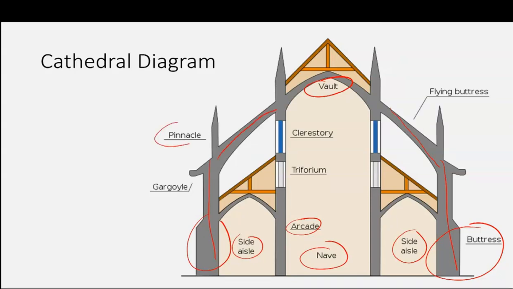We didn't talk about the pinnacles. Basically, the spires on the edges there. Another thing that this diagram includes: the clerestory, where the stained glass windows are, and the triforium, where the gallery is. We didn't see this much, but I like that this diagram includes it. It shows the roof as being basically a roof truss. And even on the edges here, where you have the slanted wooden structures that make up the space of the gallery, the triforium, you have these roof truss structures made out of wood,